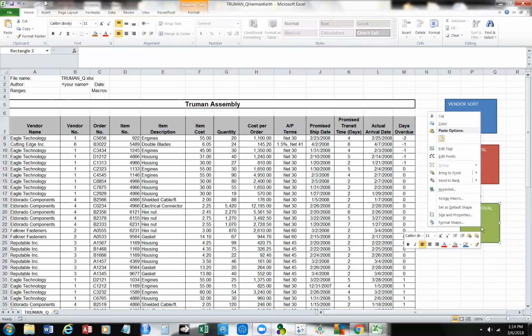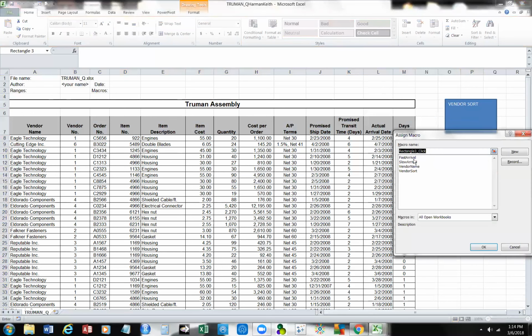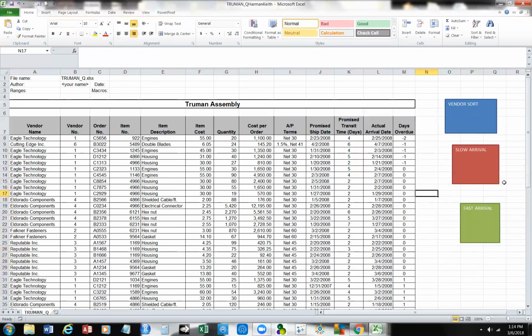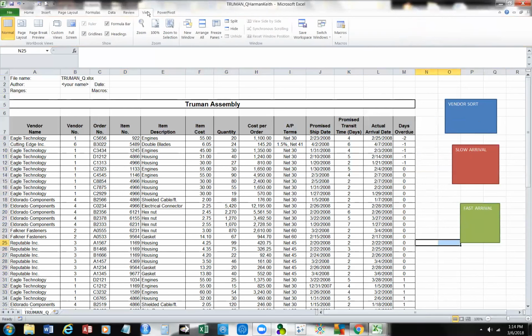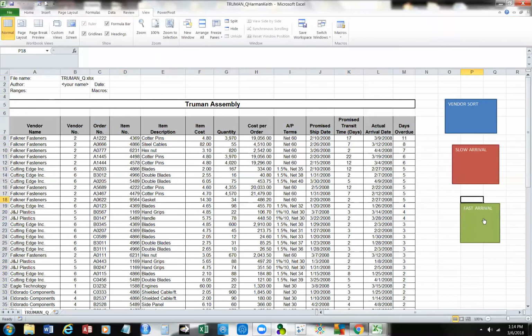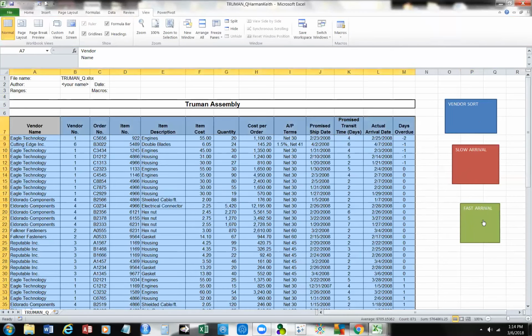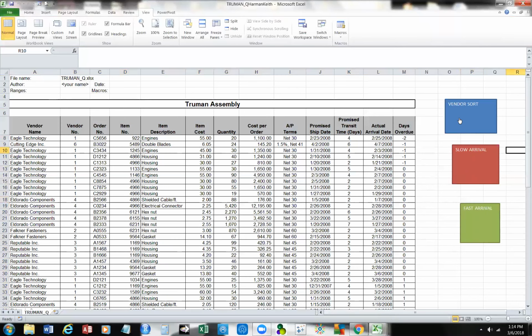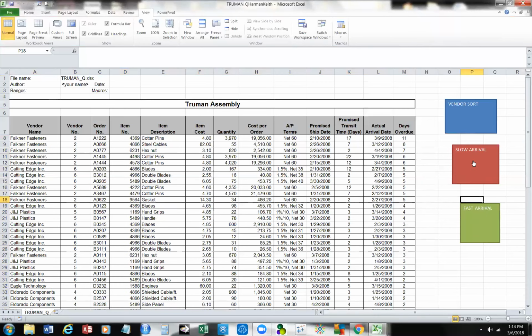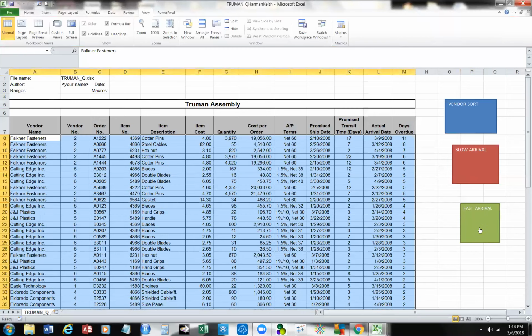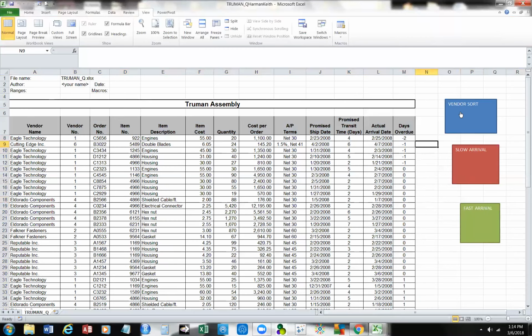Okay, and then I'm going to assign it to a macro, and it'll be fast arrival. Okay, now we're ready to do this, so we'll do the vendor sort. I get slow arrival, fast arrival, okay, and then vendor sort. That's the one that's giving us some problems. Let's look at slow arrival. Here's this. Fast arrival, here's this. Okay, but the vendor sort,